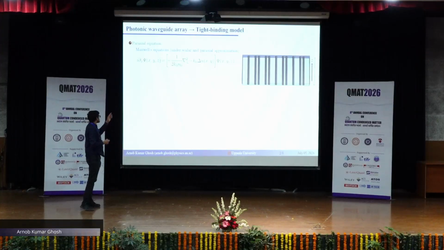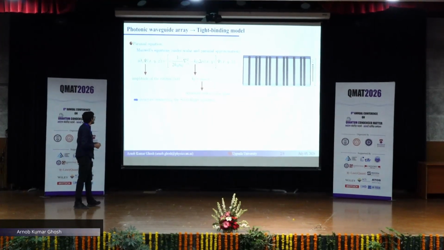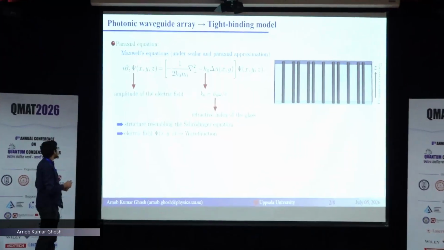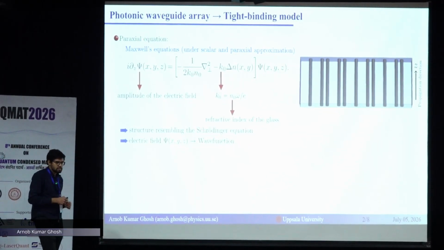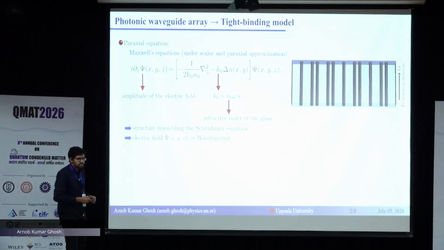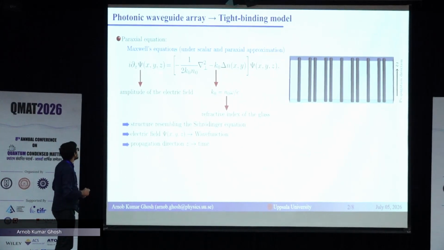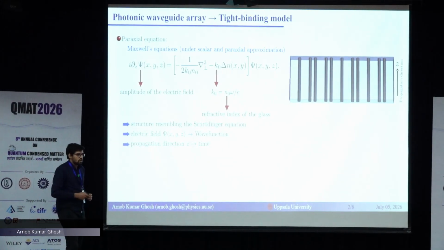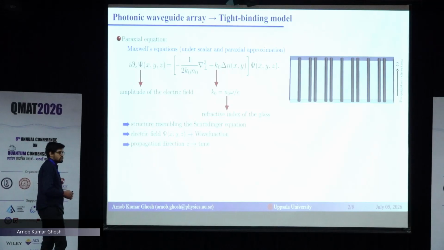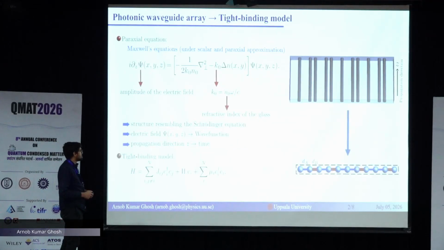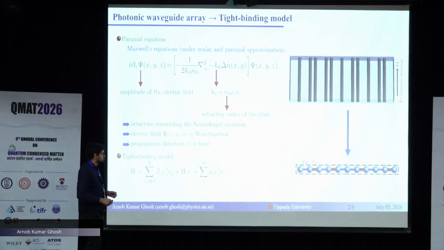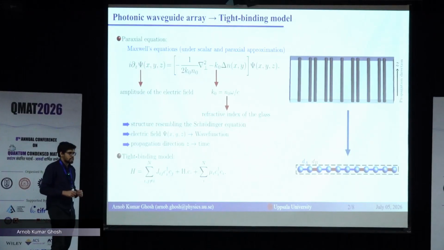This equation resembles the Schrodinger equation, where the amplitude of the electric field plays the role of the wave function, while the propagation direction of light plays the role of time. Once we make this connection, we can effectively model it as a tight binding Hamiltonian or tight binding chain,